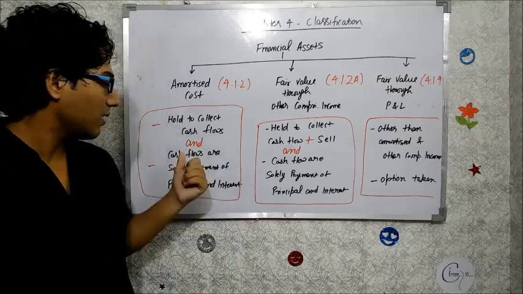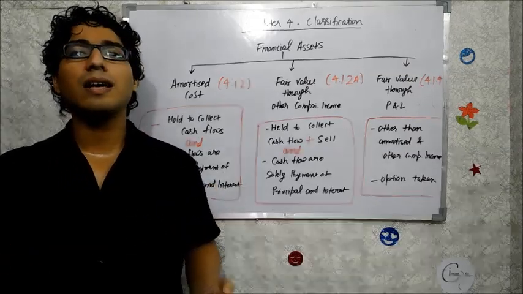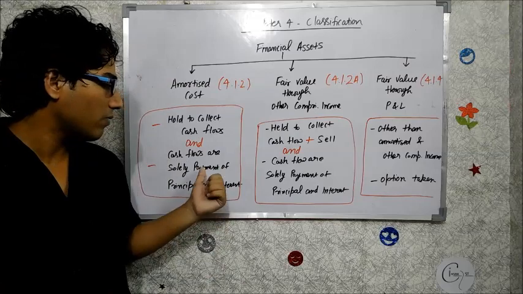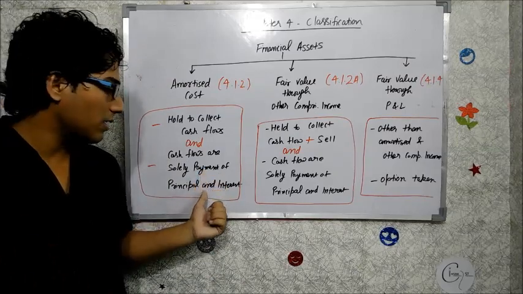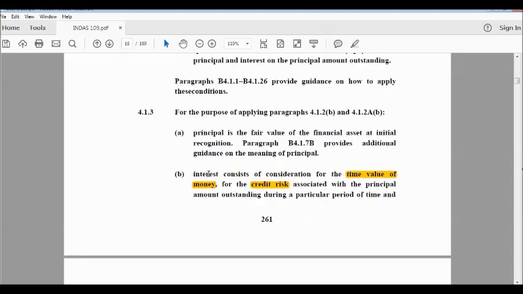But what is the second condition? The cash flows are solely payments of principal and interest. So how can you say your cash flow is solely a payment of interest and principal? Para reference 4.1.3 says that for the purpose of applying paragraph 4.1.2(b), the principal is the fair value of the financial asset at initial recognition. So the principal value is just the fair value of the financial asset at the initial recognition,